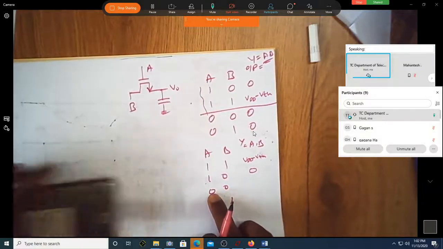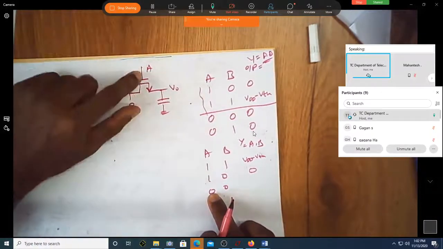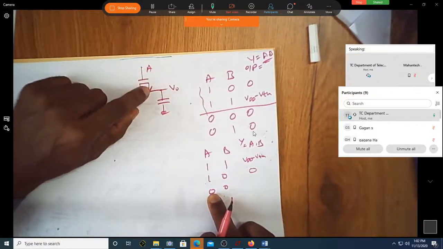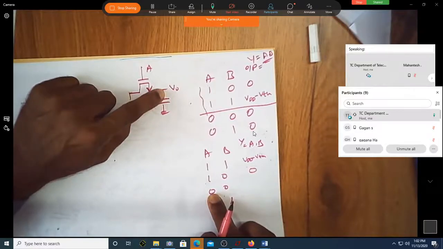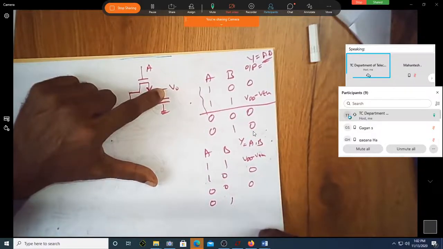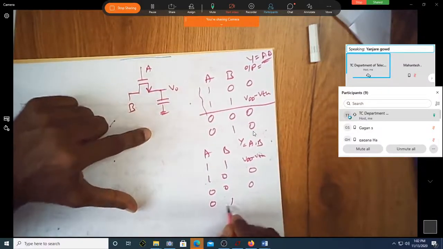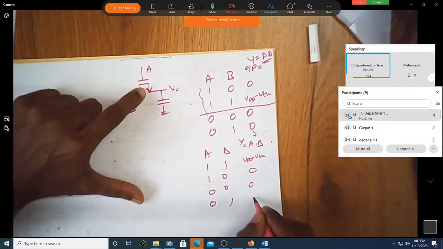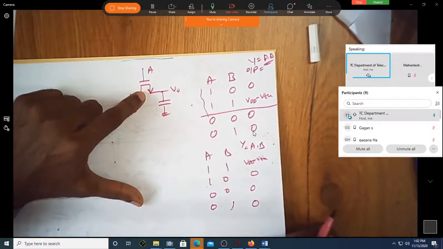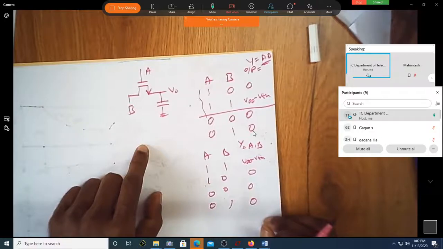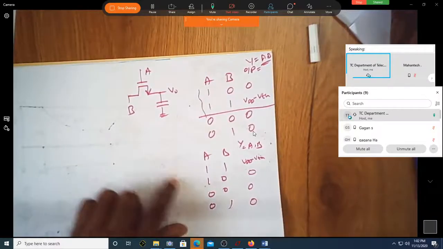When you make A equal to 0, does this switch off? Because this is 0. When gate is 0, this is off. What is output? 0. Output is the same as what was there earlier. The earlier voltage was 0. Yes, sir. Even though this is 1, since it is off, is the output still 0? Yes. See here, this is not reaching here because this is off. Getting this point? I'm just going one by one.